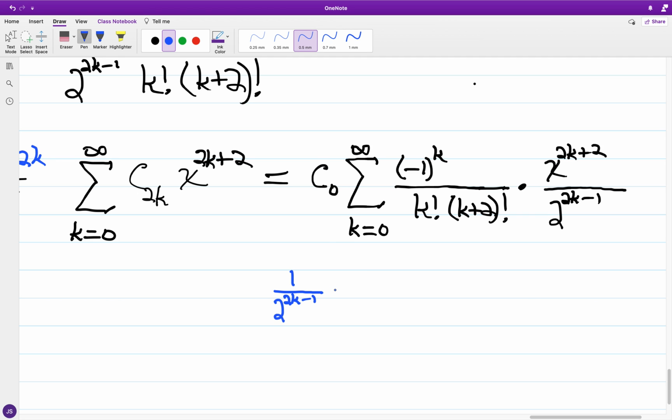And if I were to express what I have in terms of the 2k plus 2 degree, I can say I have 2 to the 2k plus 2 minus 3. Okay, so I have in this one, okay, so I have in the rewrite,